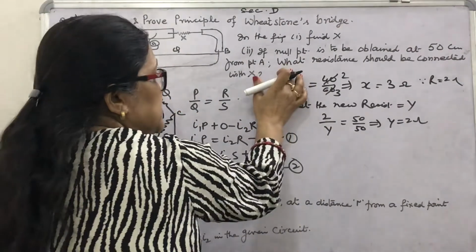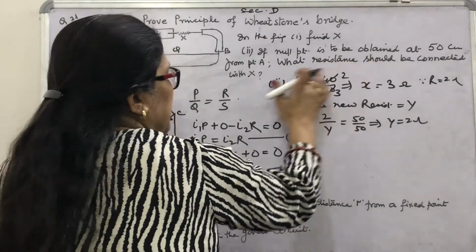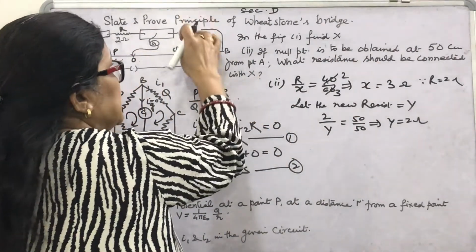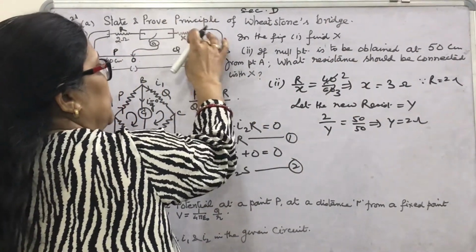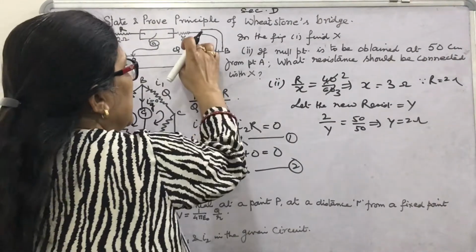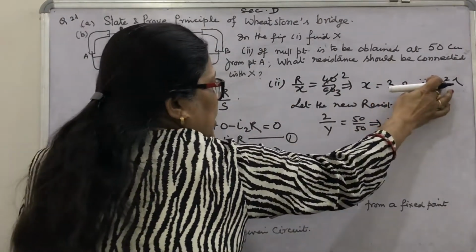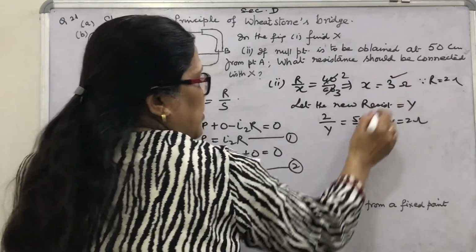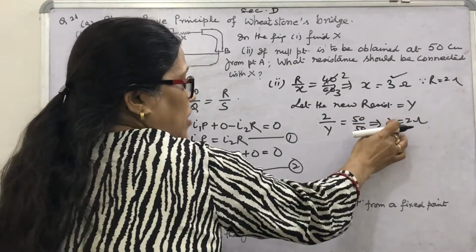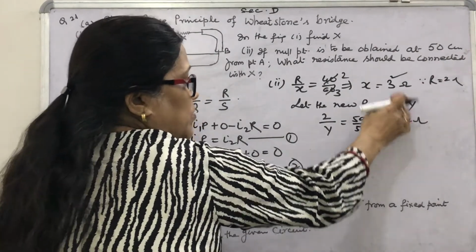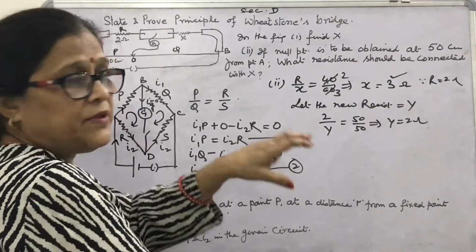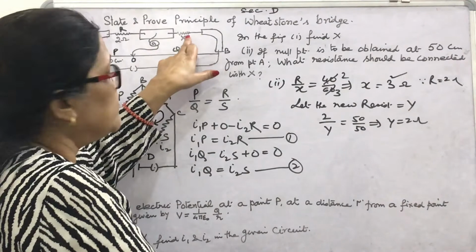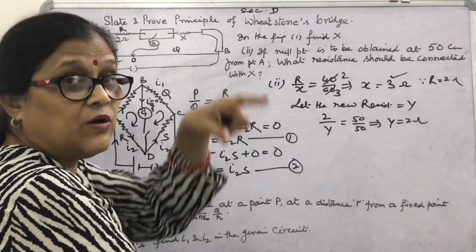But in this question, what resistance should be connected with X? X is to be used. You are getting the value of X as 3 ohm. We have just obtained the value of X as 3 ohm, but now it is becoming 2 ohm. That means whatever may be the value of resistance connected with X, that will be in parallel, because in parallel